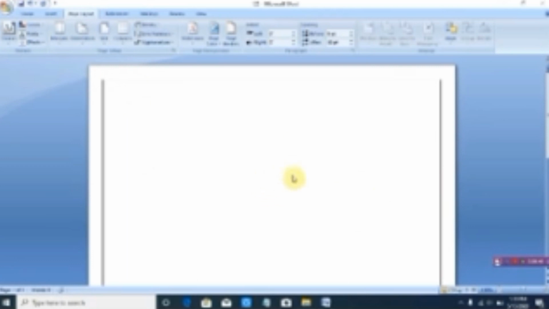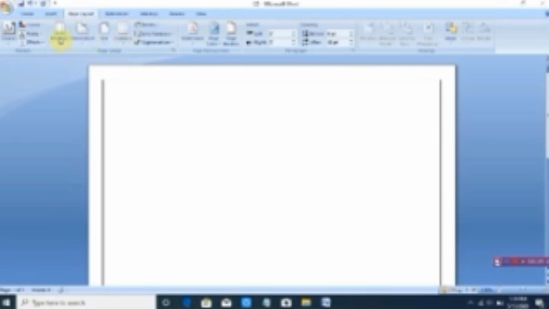We can change the setting of the page like margin, size, orientation, etc. Now let's see how we can change the file size, margin, orientation. Okay, this is the default page. When we create any Word document, by default the size of the margin is 1 or 2.54. Now I want to change it. So first we will go here in the page layout option. You can see here margin, orientation, size and column.